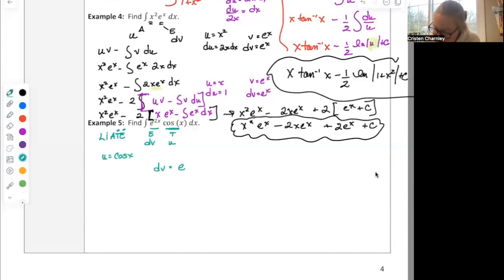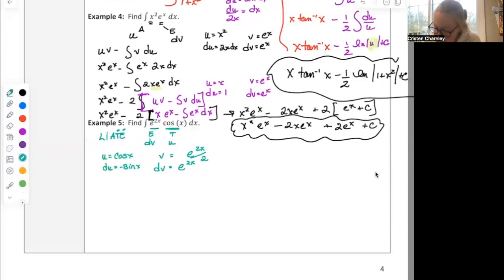dv is e to the 2x. The derivative of cosine is negative sine. The antiderivative of e to the 2x is e to the 2x, and then divide by 2. That's because there's a u substitution that's happening in there. So